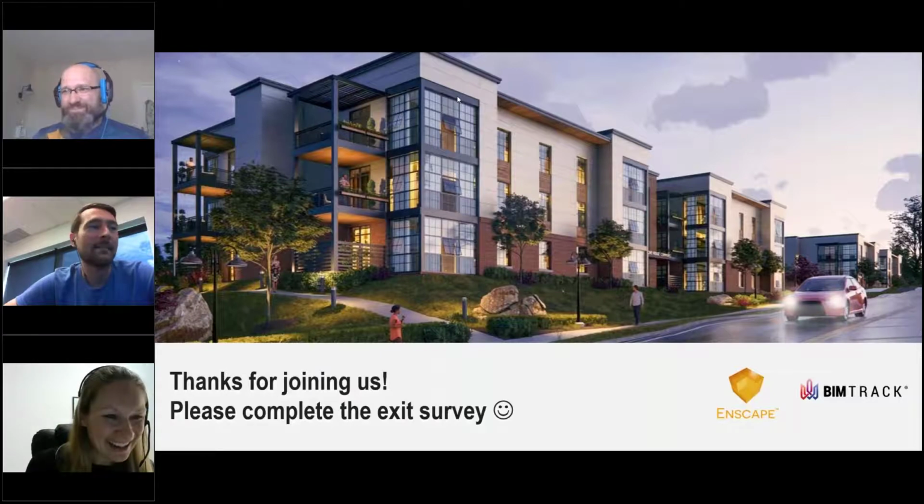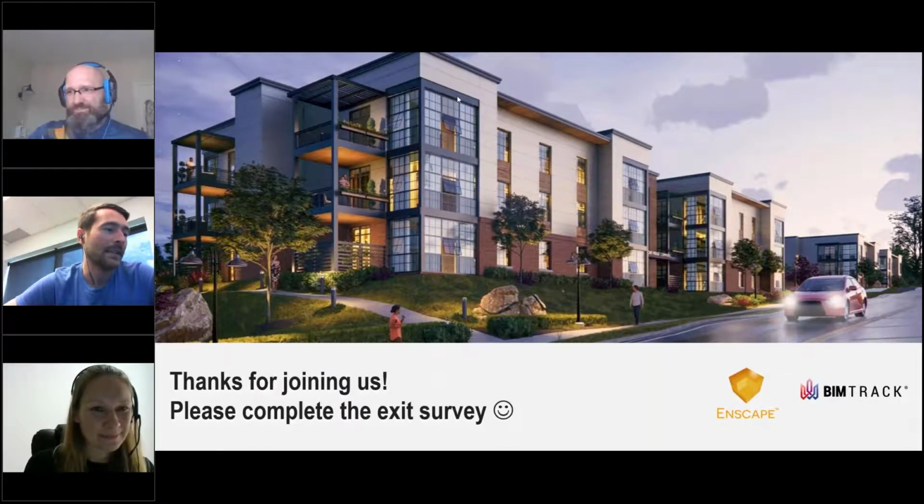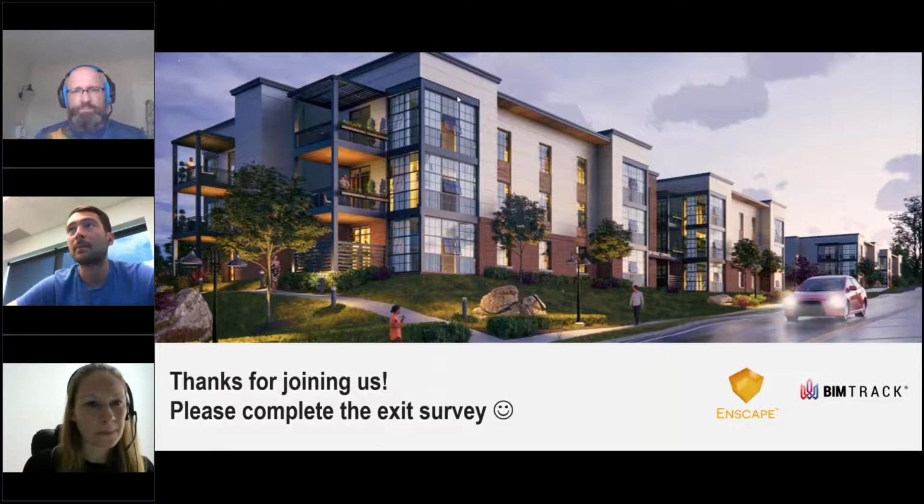I think the nice thing about Enscape is the photorealistic aspect, which is pretty cool. I mean, it's almost instant, and they've got a lot of support for different types of assets outside of the Revit ecosystem itself. So that's another, I would say, interesting point to look at if you're looking for realistic renderings. Enscape is probably the best solution for that.